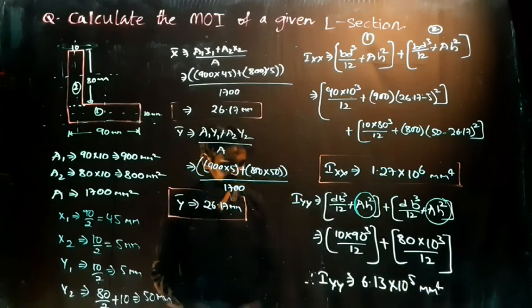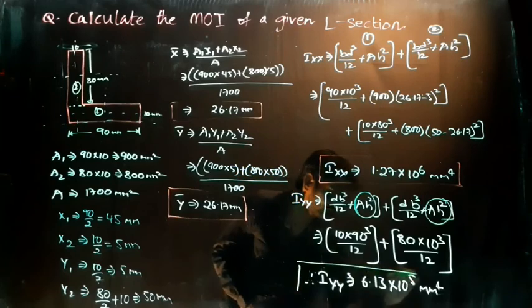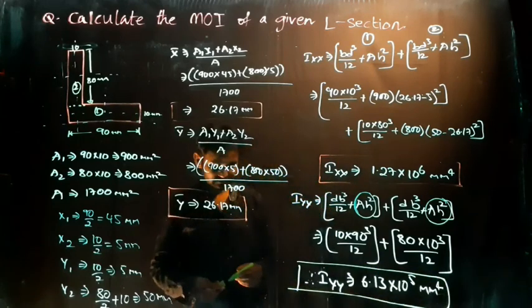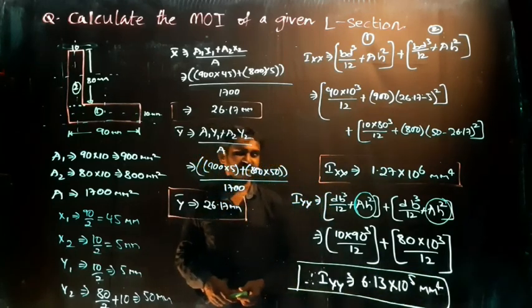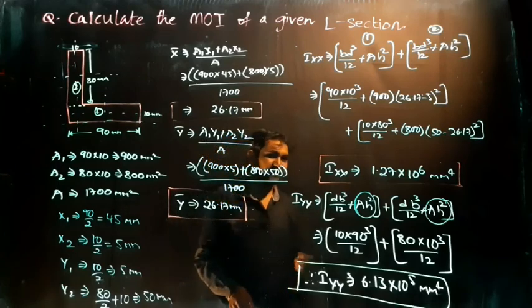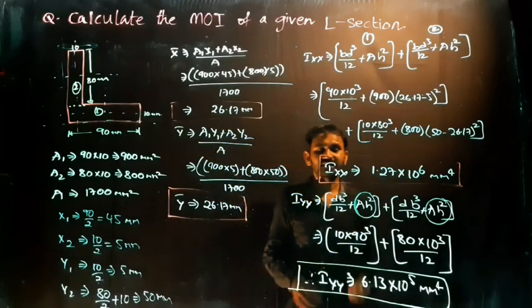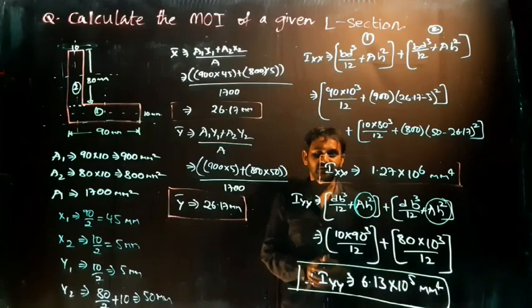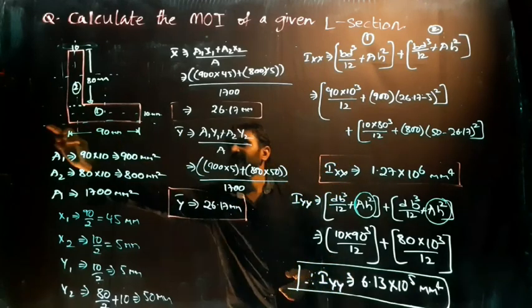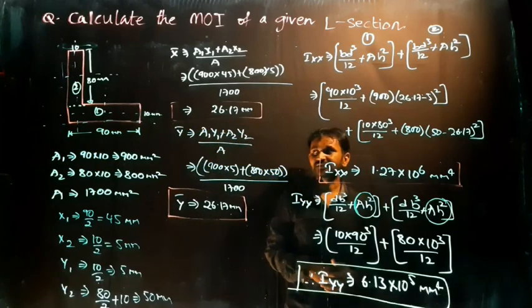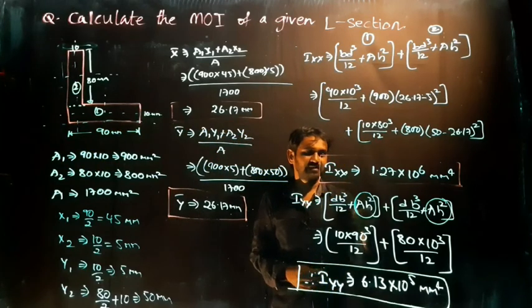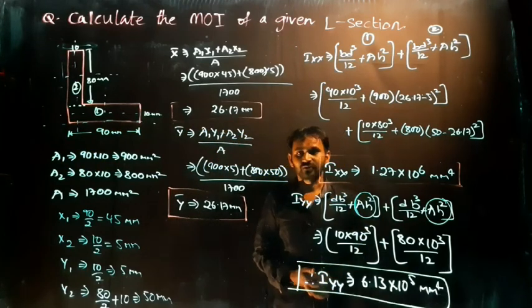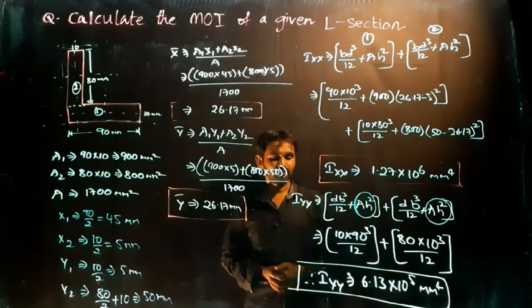So this is the way you are going to solve the problems, that is Ixx as well as Iyy. While solving the Iyy, you have to be careful that h always will become 0, because when you're taking the y direction, the height will fall in the x-axis, so there's no height for that, so that became 0, so entire terms became 0. So you have to note that and you have to do the problem, right?